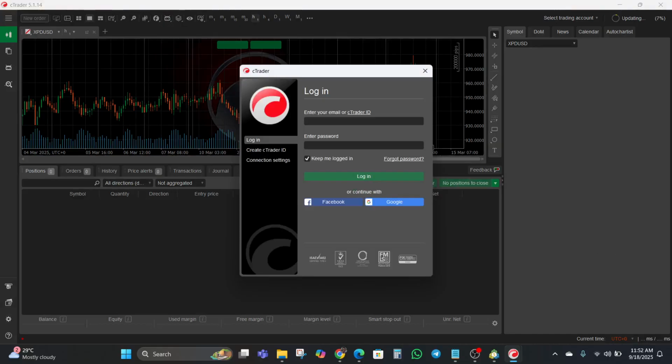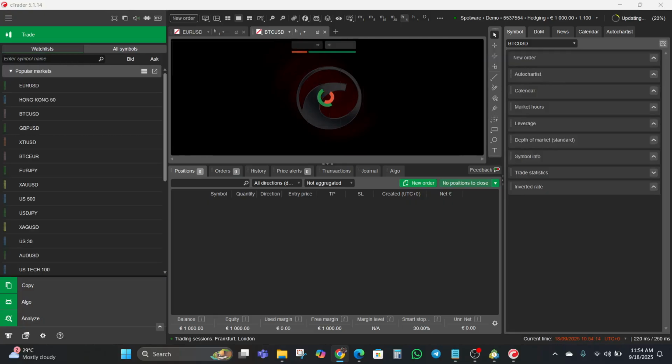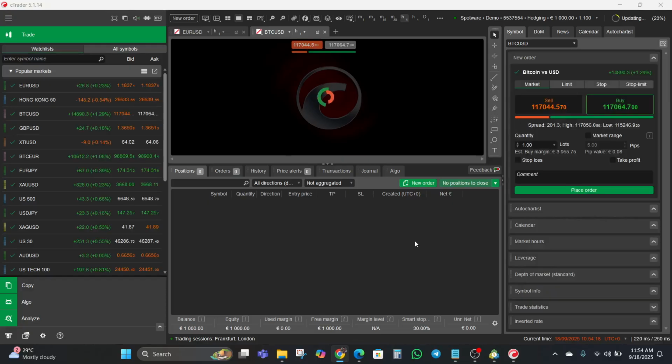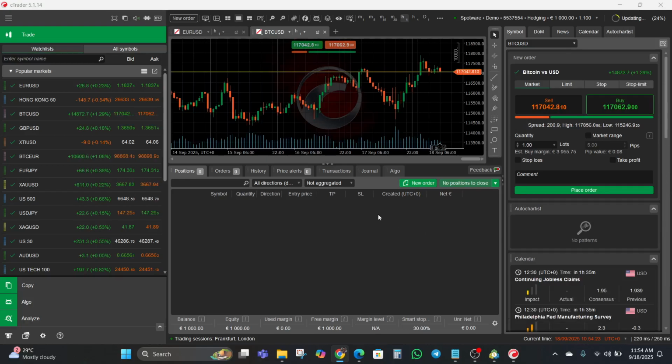Let me just log in quickly. All right, I am logged in now, so you can see that cTrader also prioritizes security, and in order for you to be able to access its features completely, you need to actually have an account with the cTrader platform. So if you want more control over your execution and a platform built with advanced traders in mind, cTrader